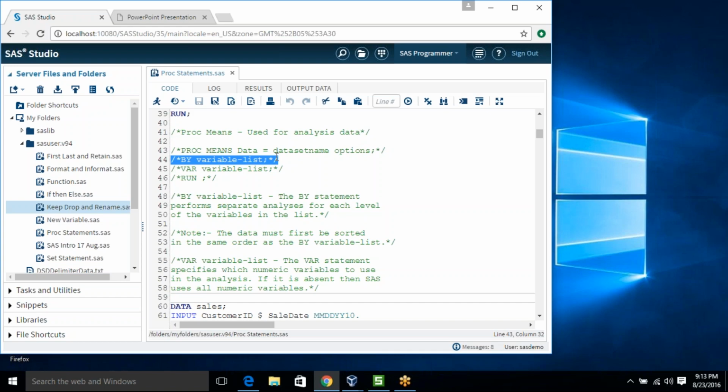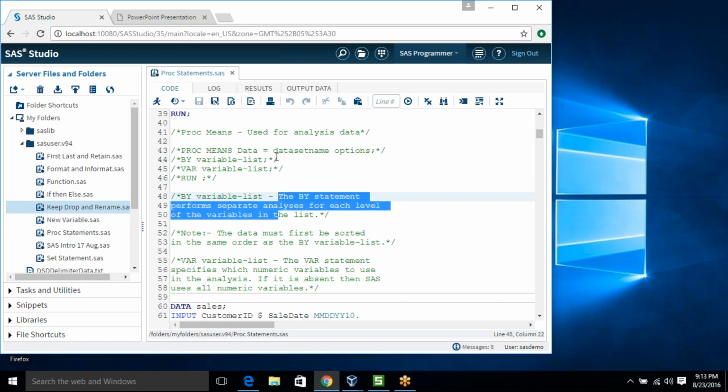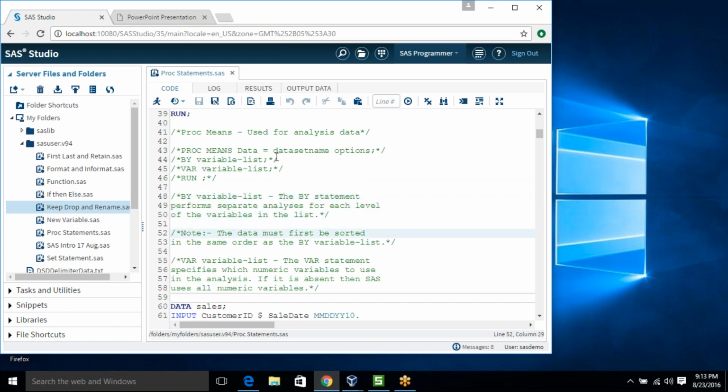Okay, so I'm going down. Again, as I already mentioned, the by statement performs separate analysis for each level of the variables in the list. One small thing is that whenever you are using the by statement, data should be ordered, sorted on the variable which you have mentioned in your by statement.